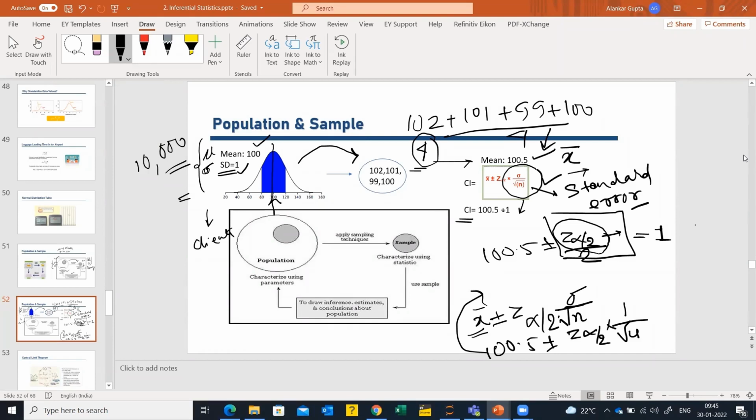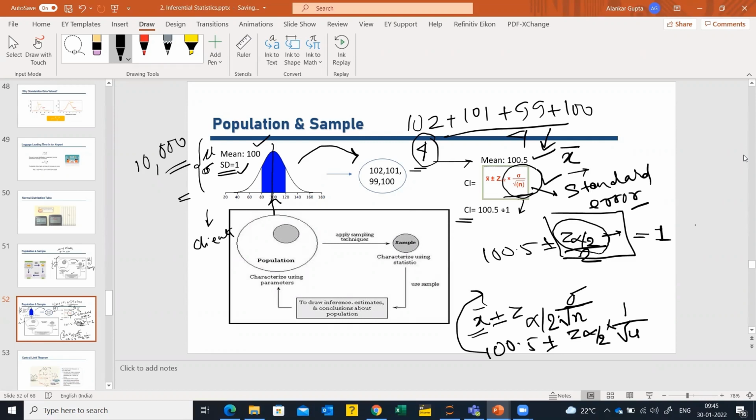But for now, we have to understand that we have drawn the data from a population and inferred something about it. We can conclude whether this machine needs to be tuned, or any settings need to be changed, or maintenance needs to be done. As we go further, we will talk about this concept. Don't worry about this. You just need to focus on this small thing here, nothing else.